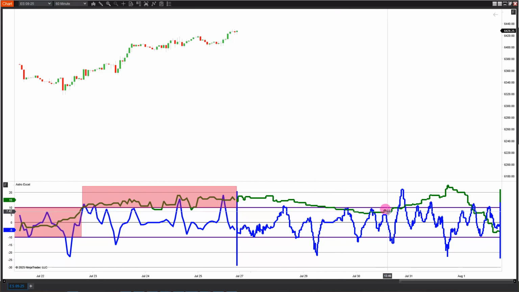And then we're going to be in neutral territory until we break out of there on the 30th late in the day, and then we're pushing up and we get above the 20 line over here where we peak out late on the 31st,